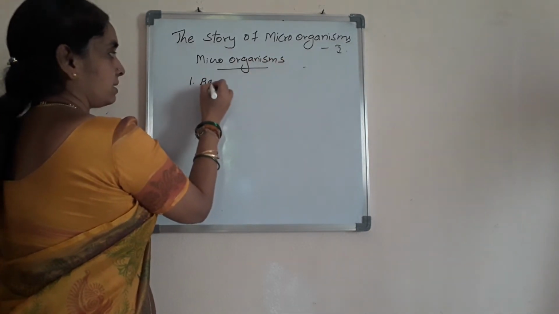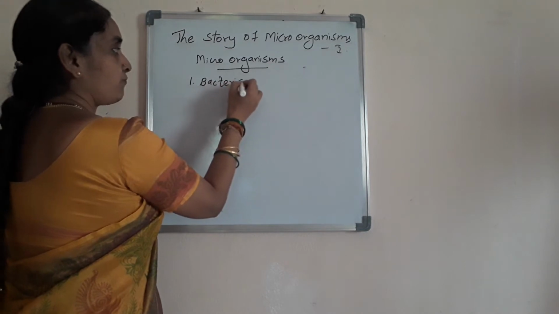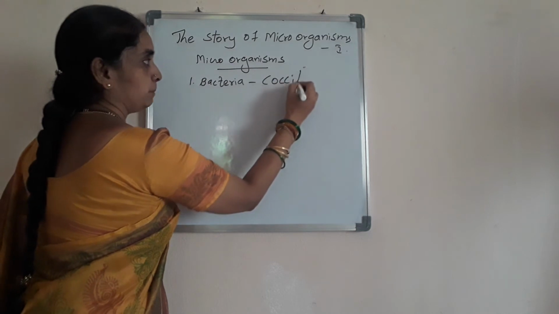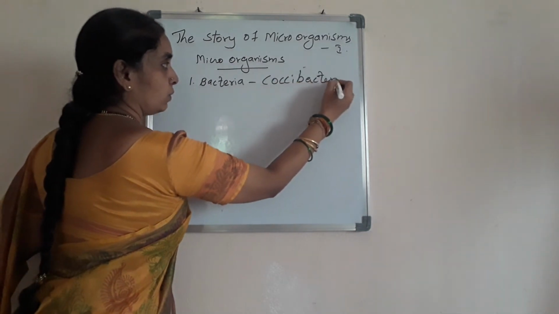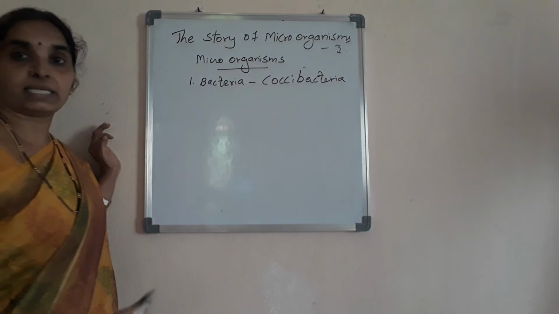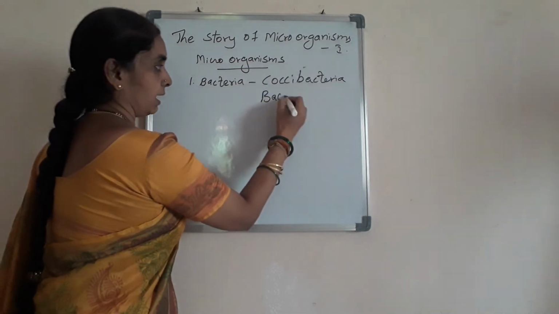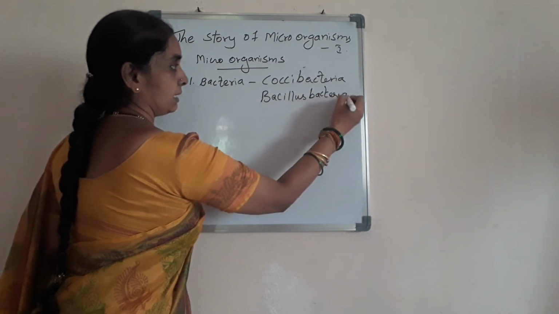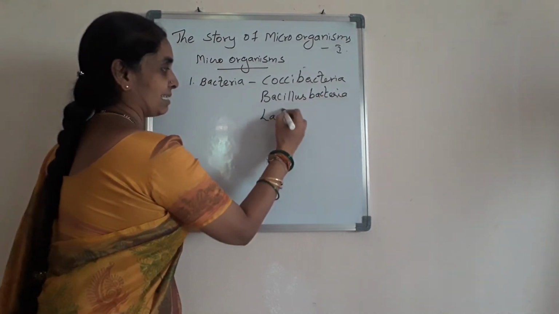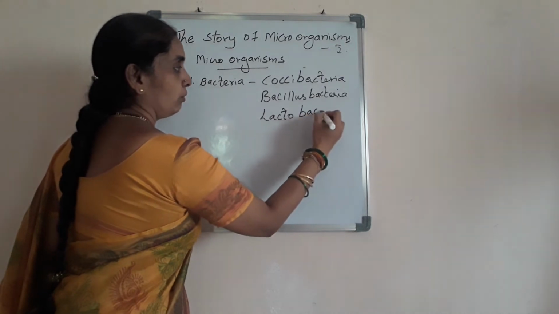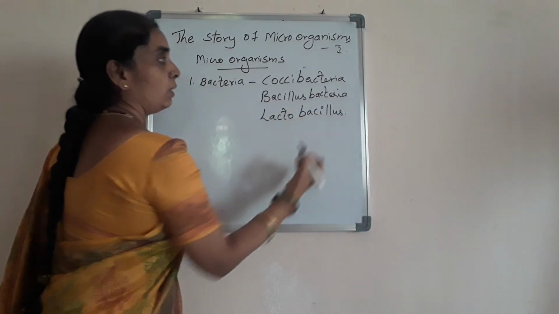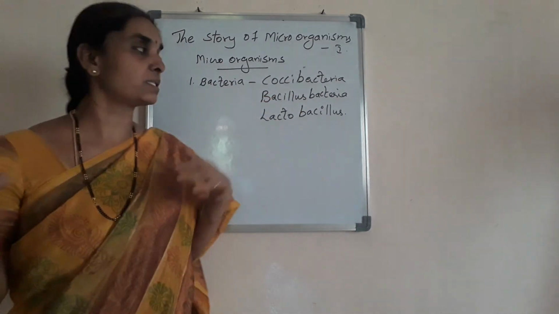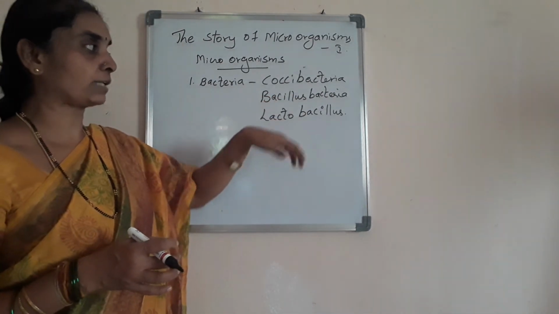Microorganisms. First one is bacteria. The different forms of bacteria as such are cocci bacteria. Write these names and note it down, ma. Cocci bacteria, bacillus bacteria, lactic acid bacteria, that is called lactobacillus. So cocci bacteria are spherical in shape, bacillus bacteria are rod shaped, and lactobacillus